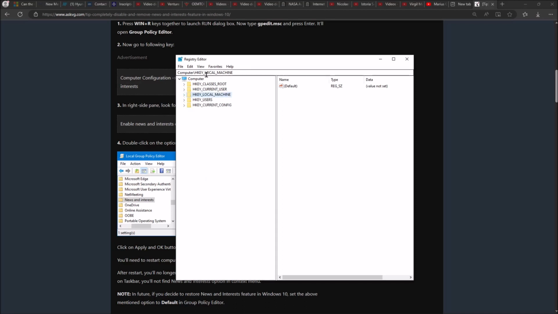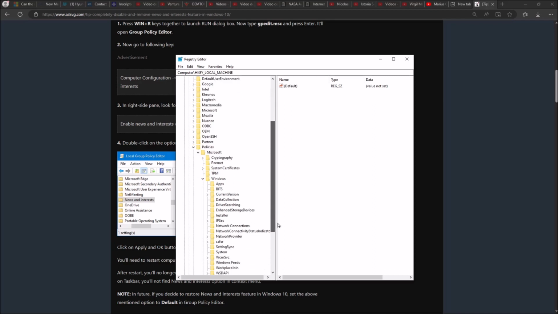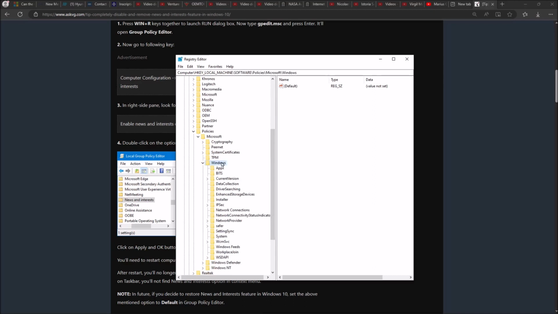So you will see first like this, we need to go for HKEY local machine. Just click those small arrows to unscroll the menu. Click again on software, then policies to unscroll, Microsoft, and finally Windows. At Windows, click with the left button just to gray it up, and then move your cursor to the right side, and now right button on the mouse, new, and hit K,